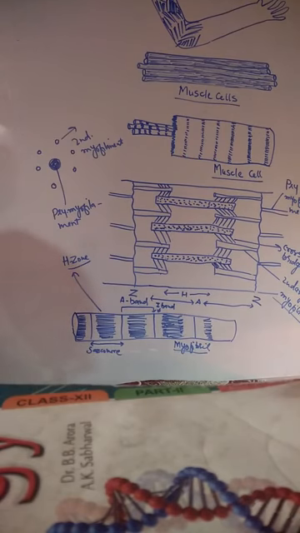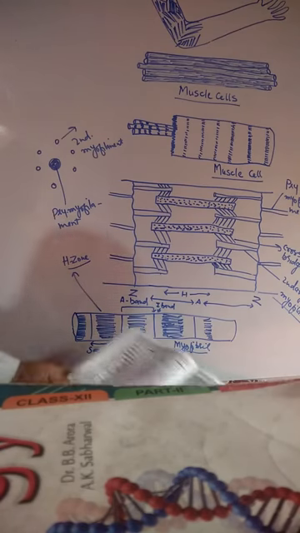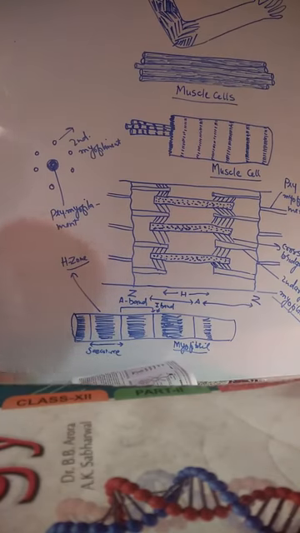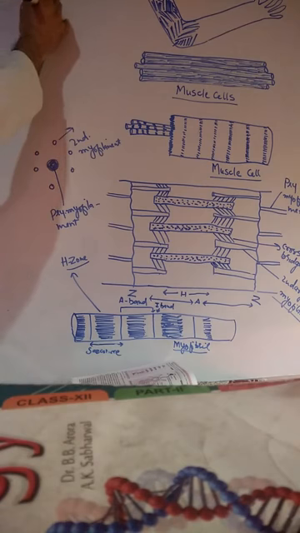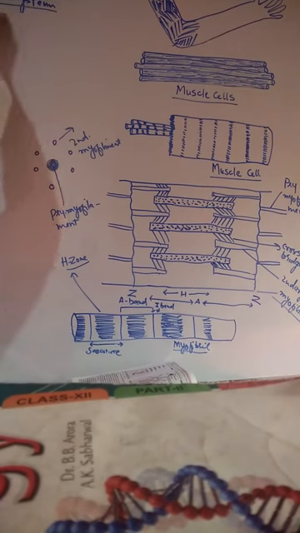In continuation to the human physiology chapter, we are dealing with locomotion and movements. The topic we have to take into consideration today is movements and locomotion: the striated muscles, unstriated muscles, and the cardiac muscles. This is the muscle system which we are dealing with today in body locomotion and movement. The muscle system